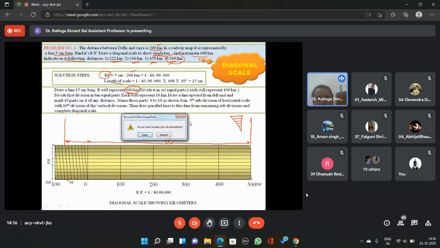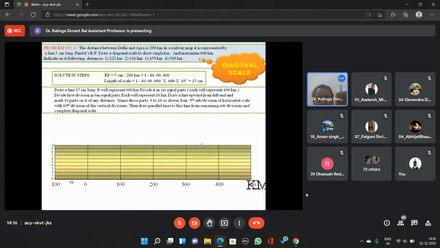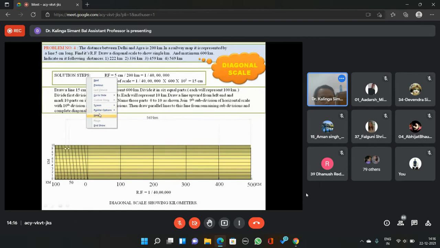If I go back, we have already represented the 569 line. Now if I want to represent the other part, that is this one. Let me start the pointer. We have again traced the point from here, although this is not on that line, but still somewhat coincident. And now this one: how much will be the distance?